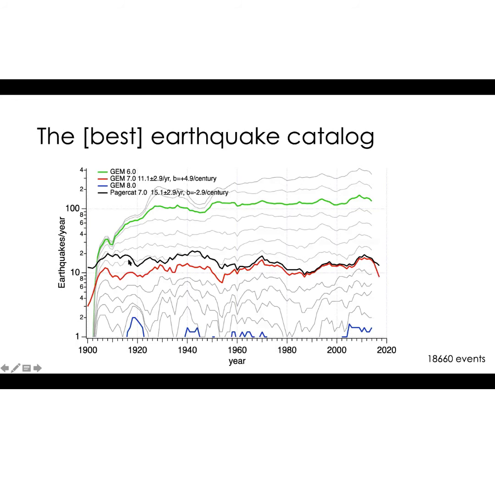So this is a plot of the PAGER-CAT catalog, which is an older catalog, and then magnitude slices out of the Global Earthquake Model, which has become the sort of gold standard for the global earthquake catalog. And you can see lots of things in this plot. So this is 18,660 events in the GEM catalog. One is you can see at these smaller magnitudes, up here in the plot, that they are obeying that power law Gutenberg-Richter relationship,